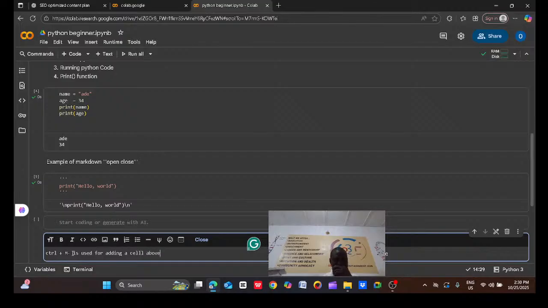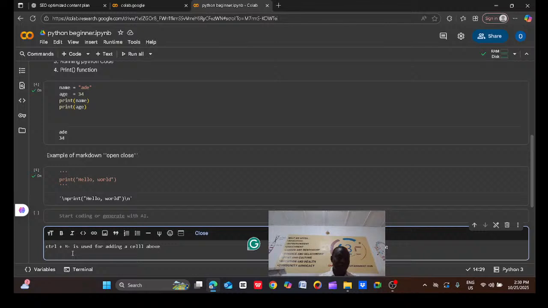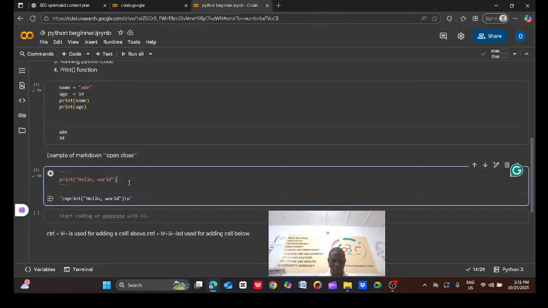If you want to add any cell above, you use Control M. And if you want to add any cell below, it's going to be Control M plus B. Control M plus B means you are adding a cell below. Okay, so let's see Control M.